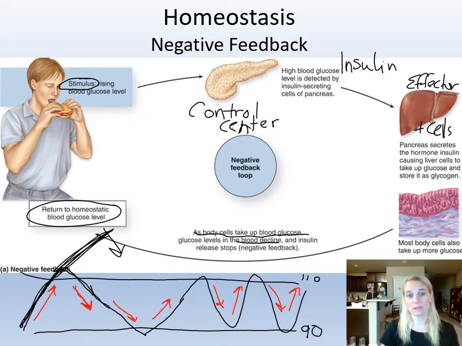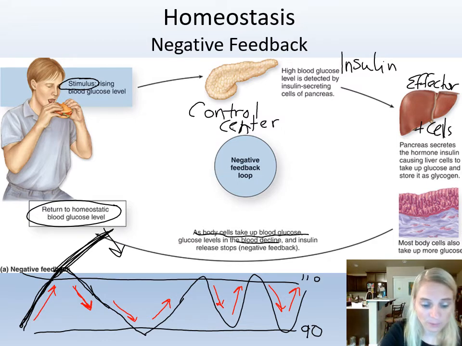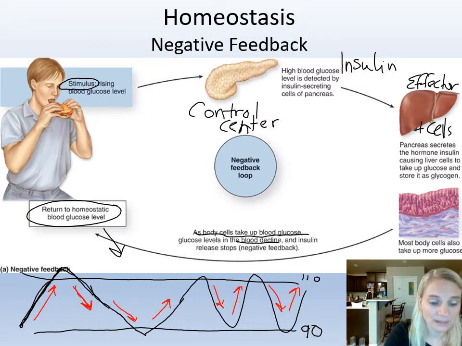And that's where you can get some of the severe negative outcomes of diabetes. So this was negative feedback with blood sugar, but we could do the same thing with body temperature, right? So the graph would be exactly the same. So if we had body temperature,